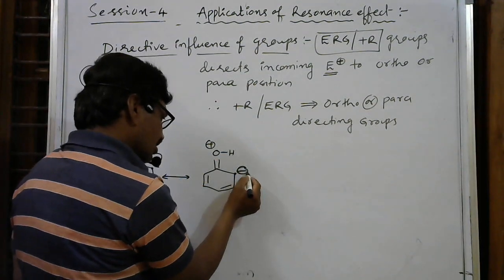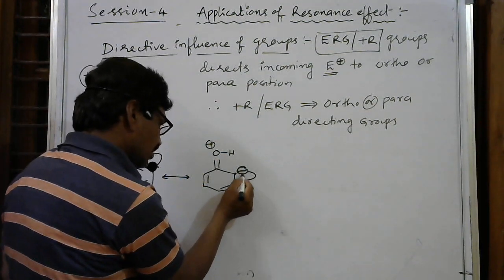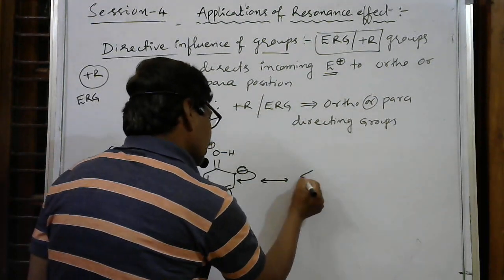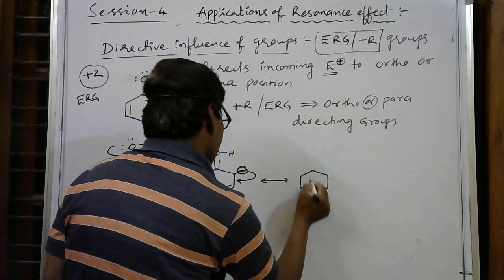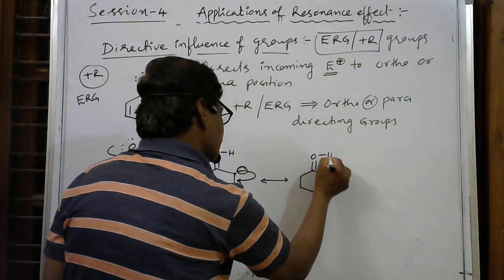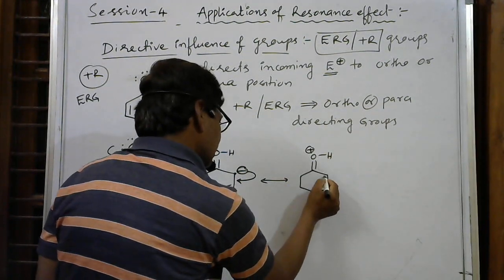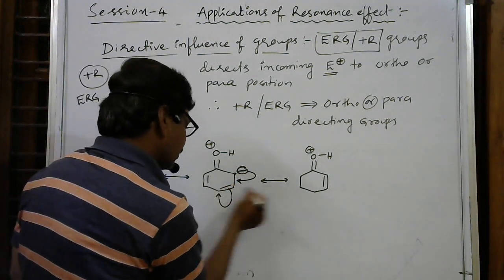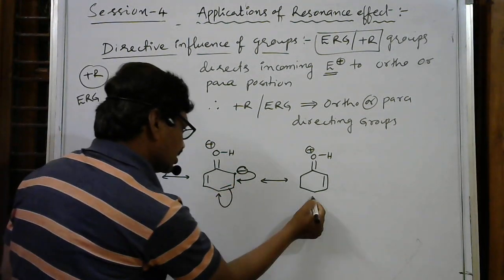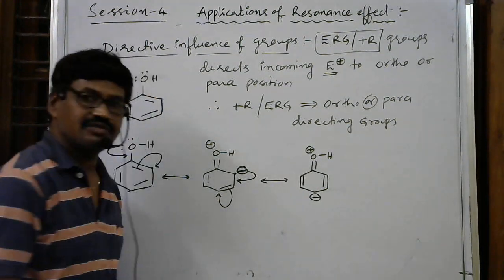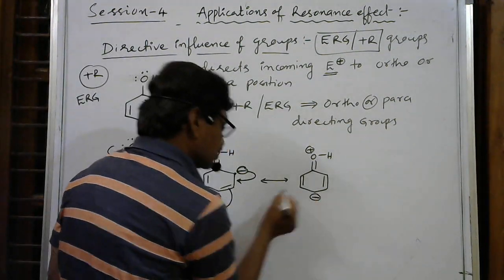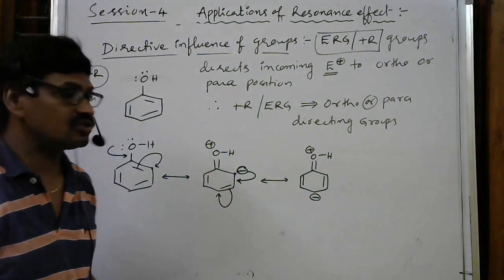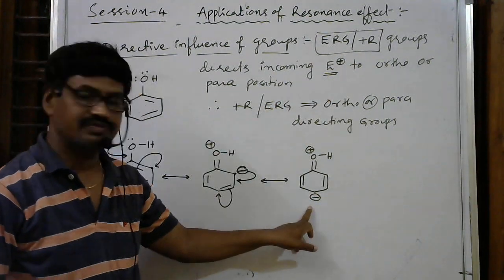And in the other resonance form, whenever this electron pair shifted here, these bonding electrons move here. So we get a Lewis bond. Here double bond to OH, here positive charge. Then this is the newly formed bond because of this, and here because of this migration of these electrons, here negative charge. Again here already present bond. So now this is para position. Again like ortho position, para position also now takes a negative charge. So the electrophile may come here also.